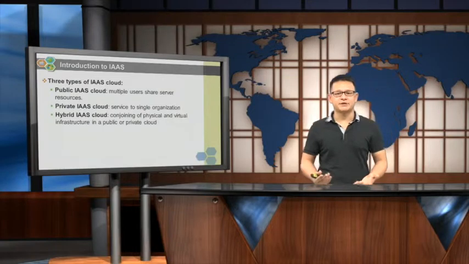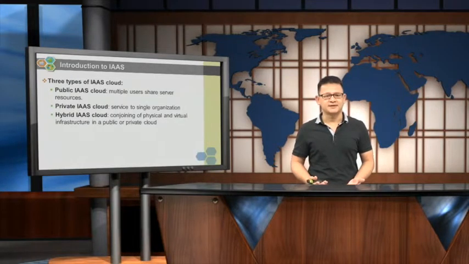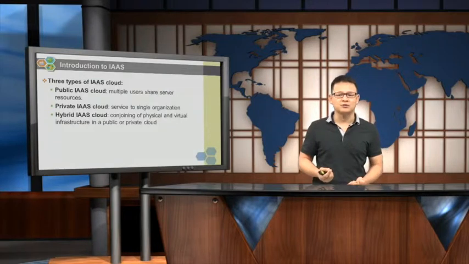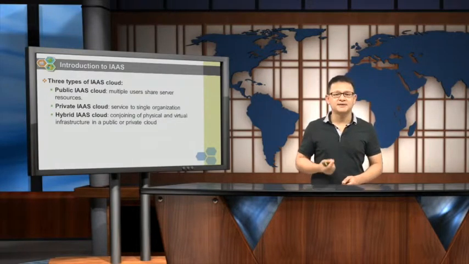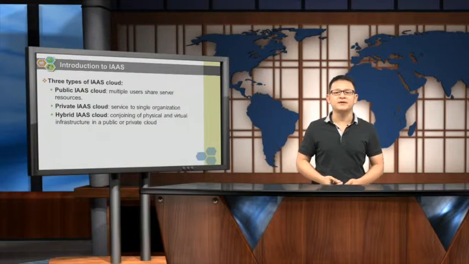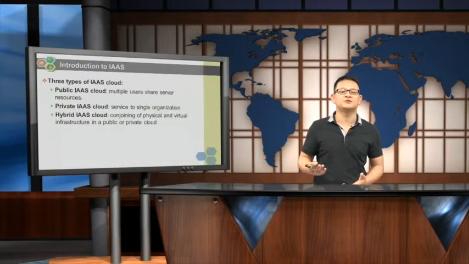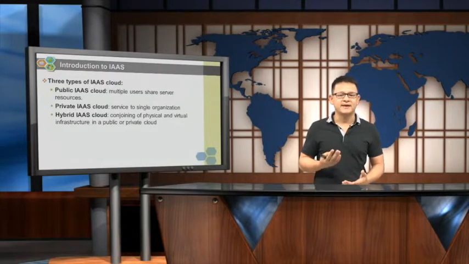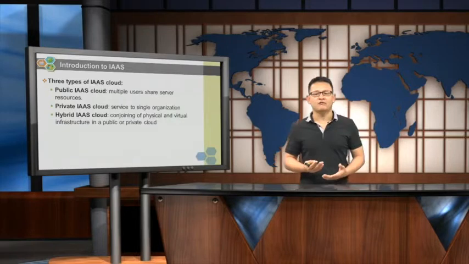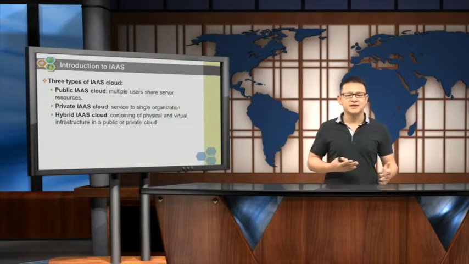Currently, there are three types of IaaS cloud offerings. First is the public IaaS cloud. In the public cloud, providers rent out hardware resources in a multi-tenant method to the general public using virtualization technology. This allows multiple users to share the server resources. As the public cloud is a prime example of the cloud computing model, it's very easy to set up, highly scalable and elastic, where users only pay for resources that they use, and this is very important.